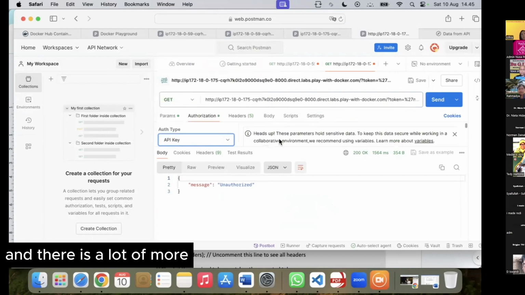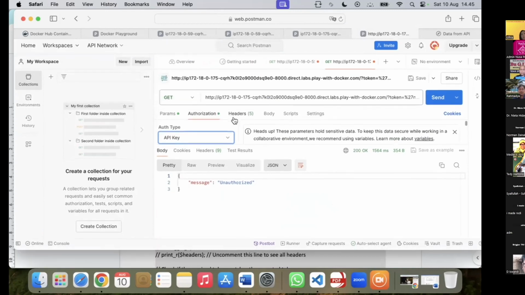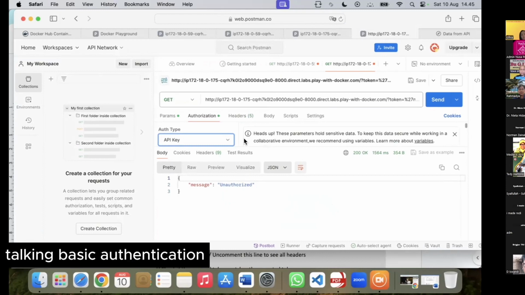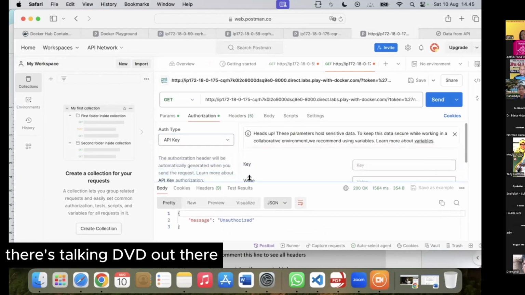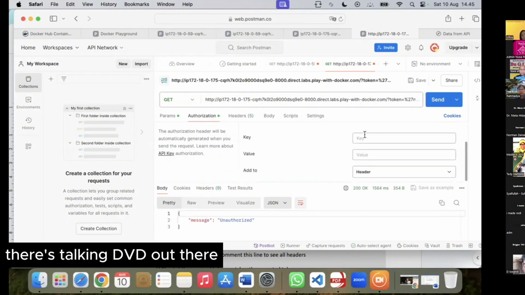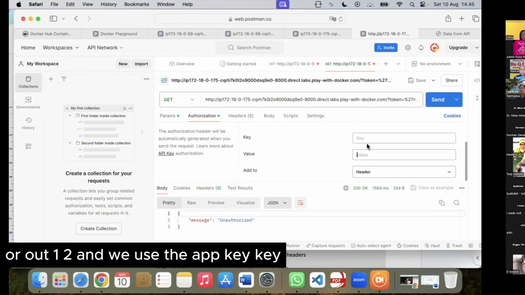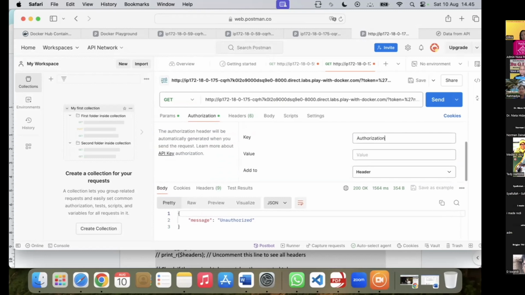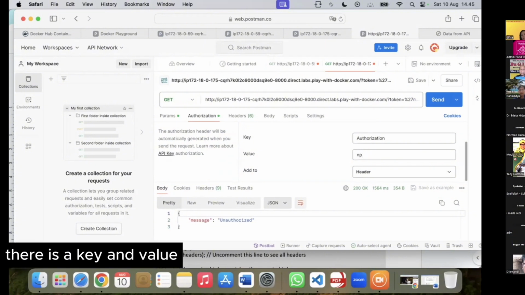and there are a lot of token modes: basic authentication, bearer token, JWT, OAuth 1 or 2, and we use the API key. There is a key and a value, or password.